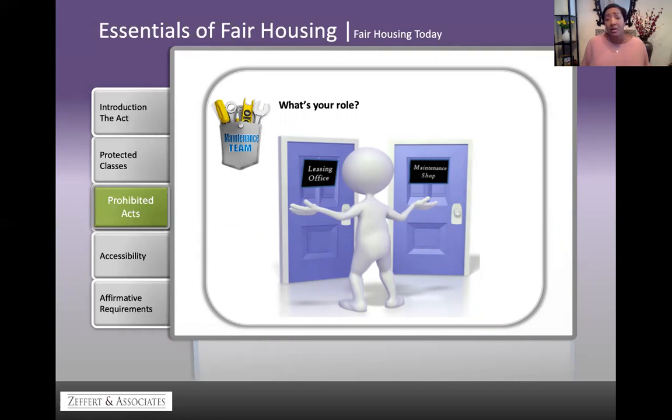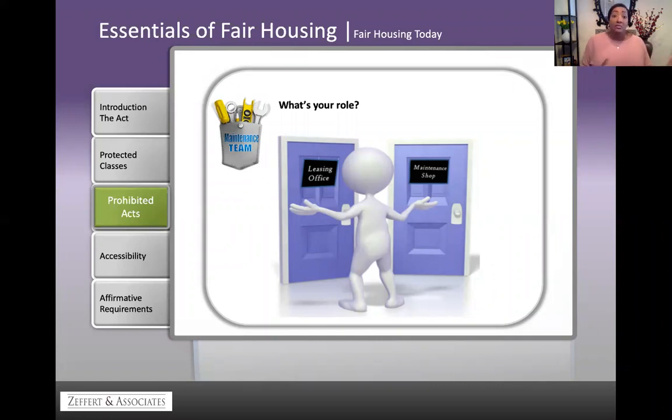So let's say that they're approached by someone while they're out on the grounds, a prospect or even a current resident. Maybe a current resident has a family member who's going to be moving into town, and they're looking for a place to live, and they ask the maintenance person about availability. And the maintenance person says, well, you're looking for a 3-bedroom? Yeah, we have a 3-bedroom that I know is ready to be leased up. Maybe you'd like that one back in building 3.